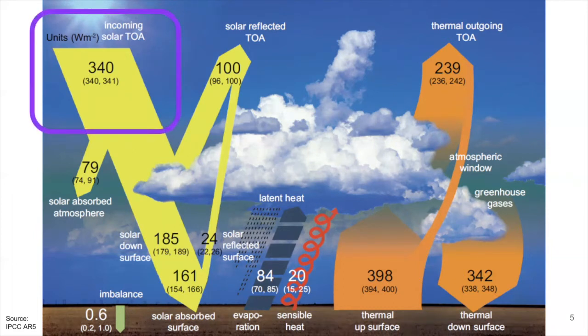The first is energy coming into the Earth. As you can imagine, this is coming from the sun. After the solar energy comes in, some of it is reflected. Some of it goes down to the Earth's surface and is absorbed and then re-radiated as thermal energy. The other thing to look at on this diagram is the amount of energy going out. If you sum those numbers up really quickly, you'll notice that we have 340 watts per meter squared coming in and 339 watts per meter squared going out. That means there's more energy coming in than there is going out. And this is ultimately what's causing the Earth to warm.